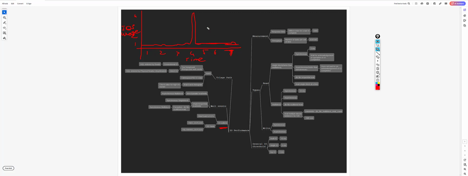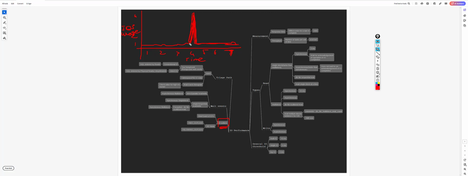So when we calculate the average or cumulative data, this particular spike will be hidden, or it will not be visible when we check an overall or average report. So that's where this IO outliers come into picture,